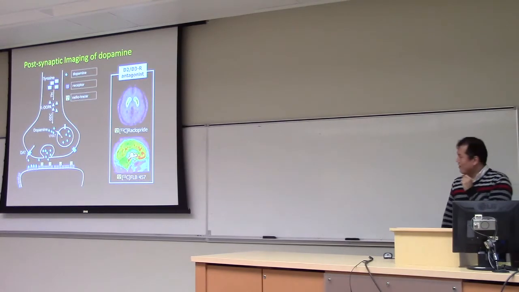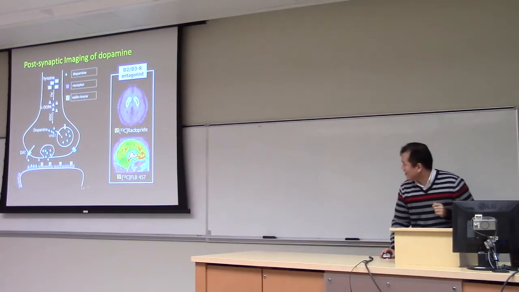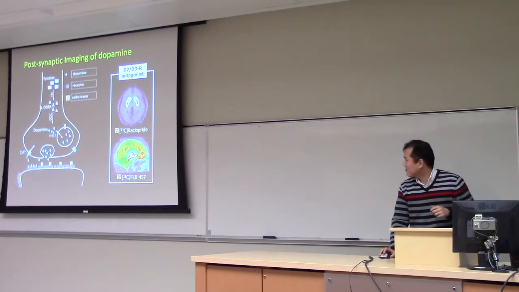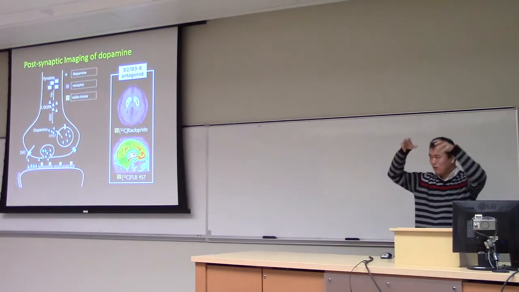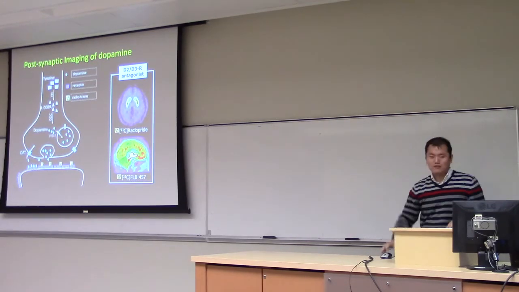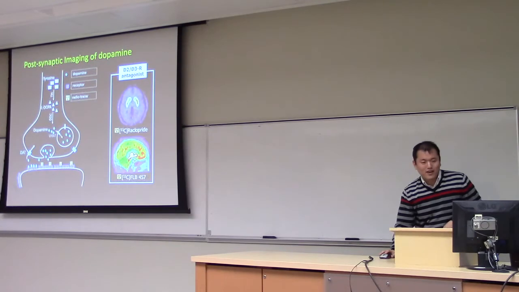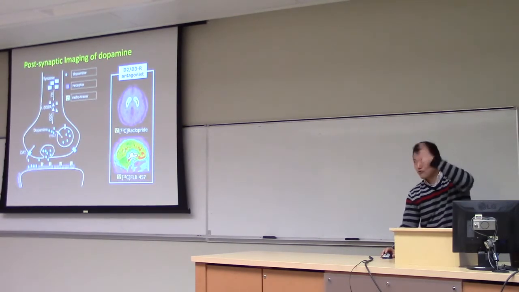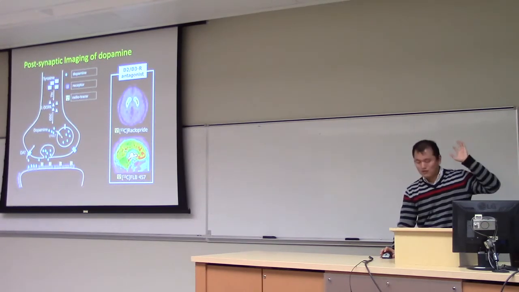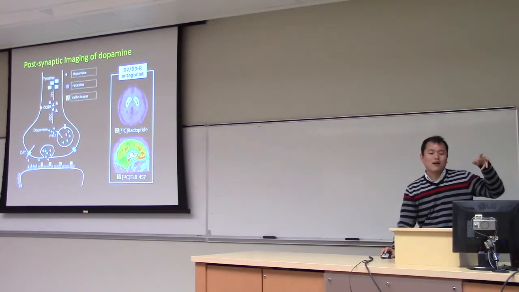And if you use FLB457, which is basically the same as raclopride but has higher affinity, you can also monitor the other regions that are not very abundant with dopamine receptors, because dopamine receptors are very abundant in the striatum. This is the striatum. And so if you use raclopride, the signal is very weak in the extrastriatal regions. But if you use FLB457, you can image the extrastriatal dopamine system,